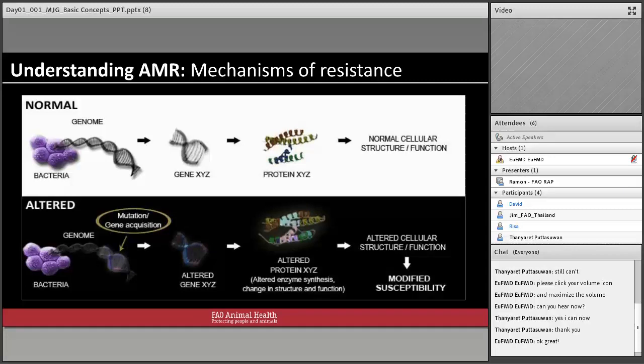Sometimes it's a lot of effort to maintain plasmids, or to maintain these extra things that they don't need. They only arm themselves when there is a war. So if you are constantly bombarding them, they will always have to be ready. But in some instances, even if you remove that weapon, even if you remove the antibiotics, once they gain this resistance, it stays. So regardless of whether you remove the antibiotics in the feeds or not, they are already there. But what you could do is address this such that you reduce further building up.